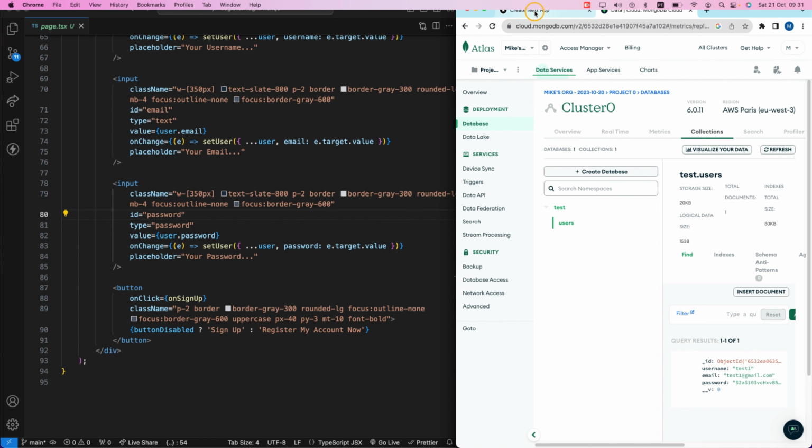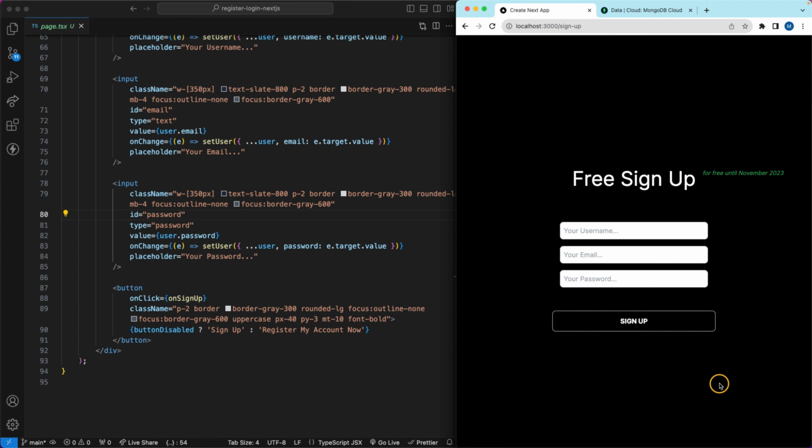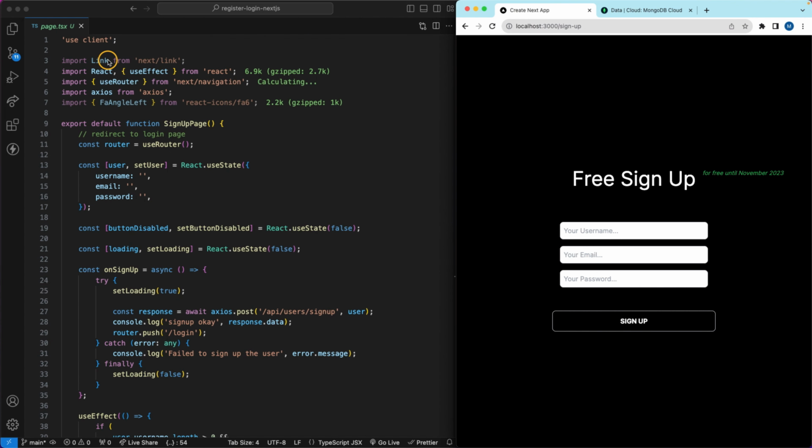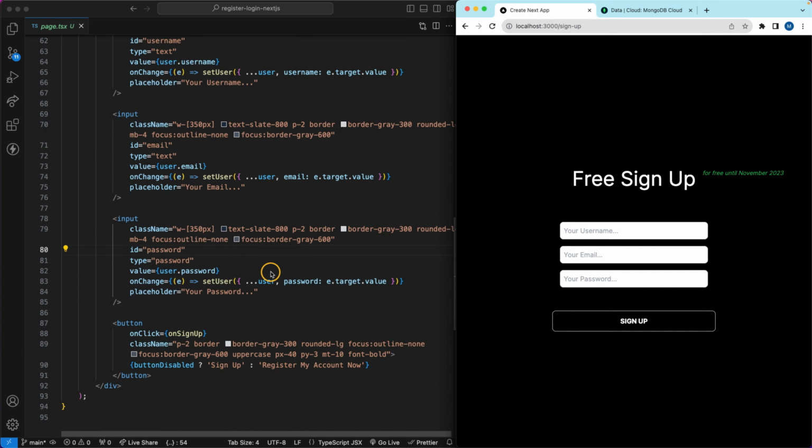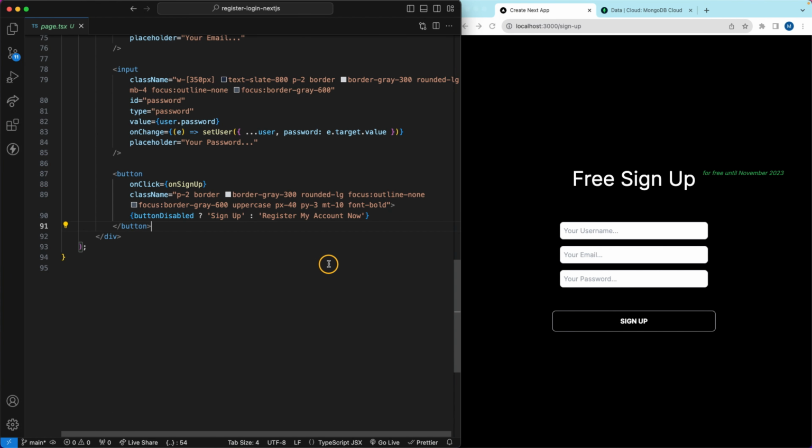But I was actually about to forget to add a couple more things, so I need to add 2 links. One for the user to go to the login page here, in case he has an account already, and at the bottom I want to provide also a link to the home page, because as you can see, we have no navigation or anything. So let's just add those 2 things and we continue. So as you can see, we have imported the next link, but we haven't used it. Okay, so let's first